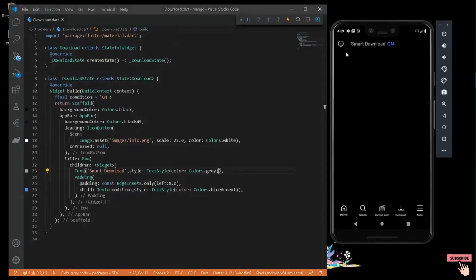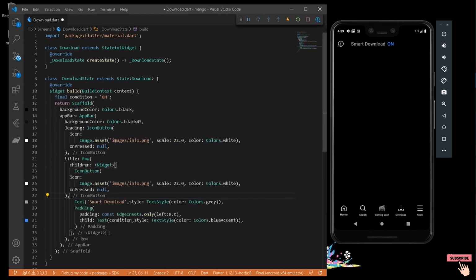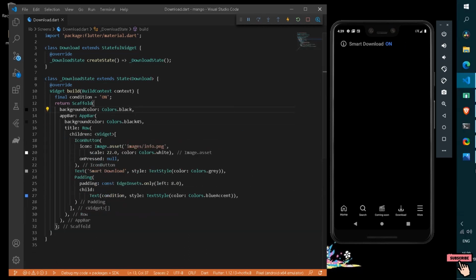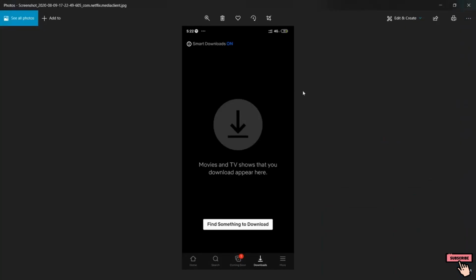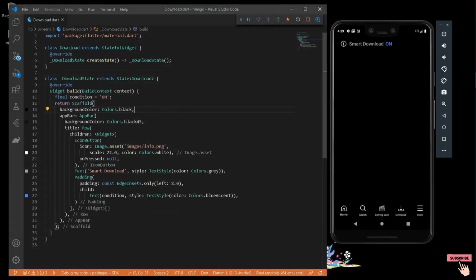Thing is almost the same. Okay. The only difference is about the icon. So we can do one thing, that is remove the leading icon from here. So I can simply copy the icon button and paste it here. Okay, and instead of this leading, we can simply remove it from here. So now let's move to our next objective, which is constructing the body of our downloads page. So here, coming out of this app bar, we can construct a body for our downloads page.